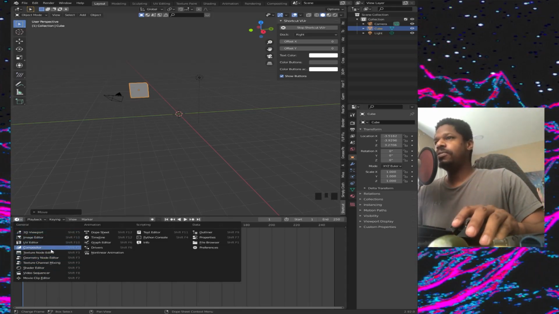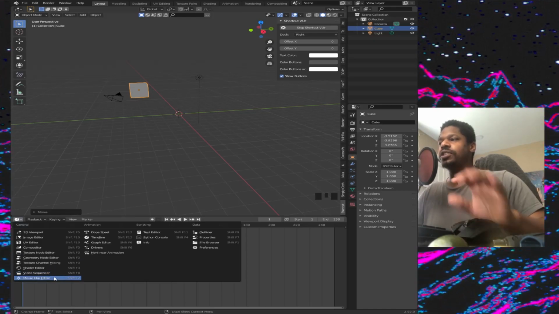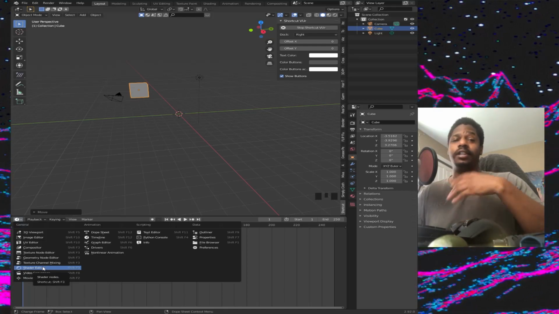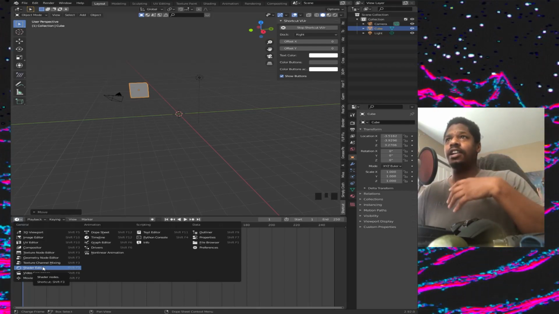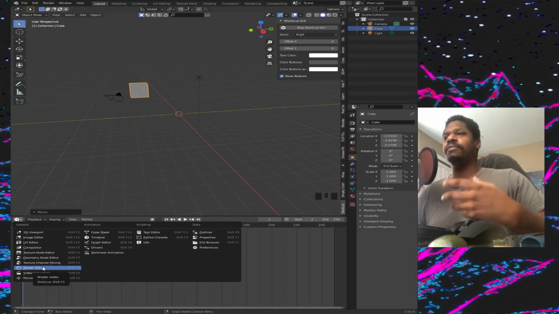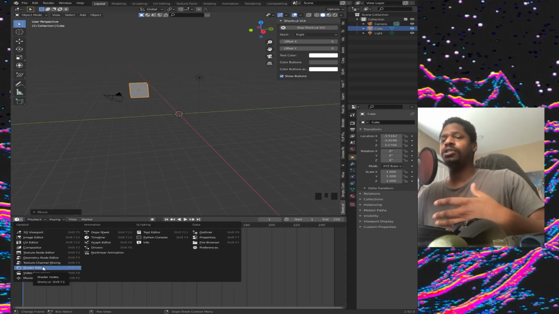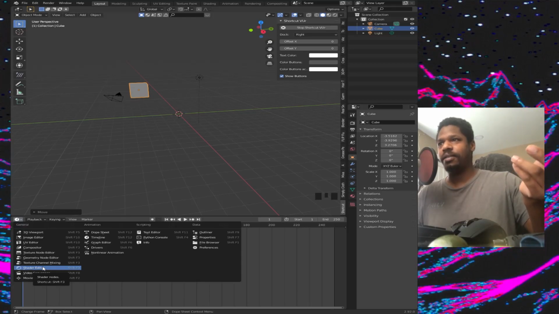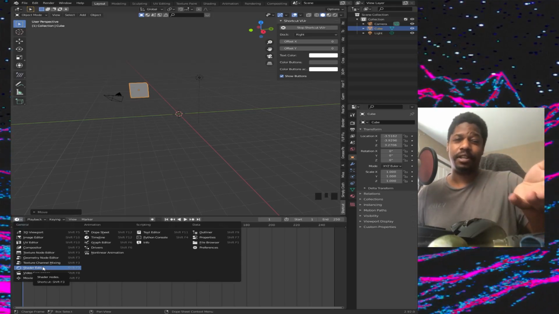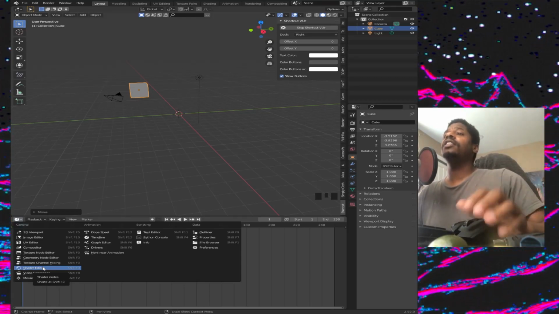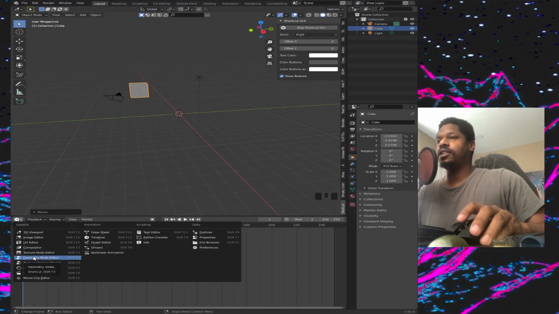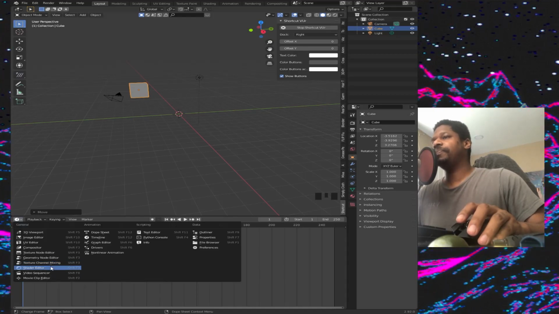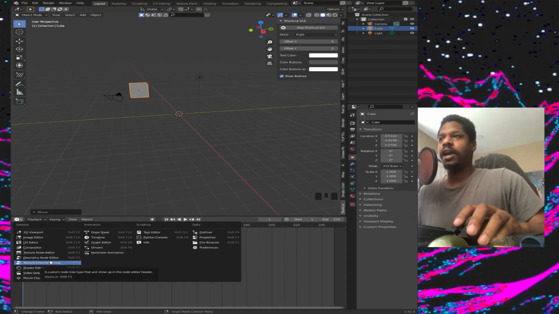So the first row, these are all the different little screens you can look at for different techniques. So you have the shader editor, which is when you start applying textures and stuff to your item, or if you want to build out an environment and add a whole bunch of procedural nodes to generate the place, you might do it in there. I mean, you could at least shade something in there. I don't know if you could do that part, but if you definitely want to do that part, that's definitely in geometry nodes. So I jumped the gun a little there, but you got texture mixing channel, shader editor, geometry node editor,